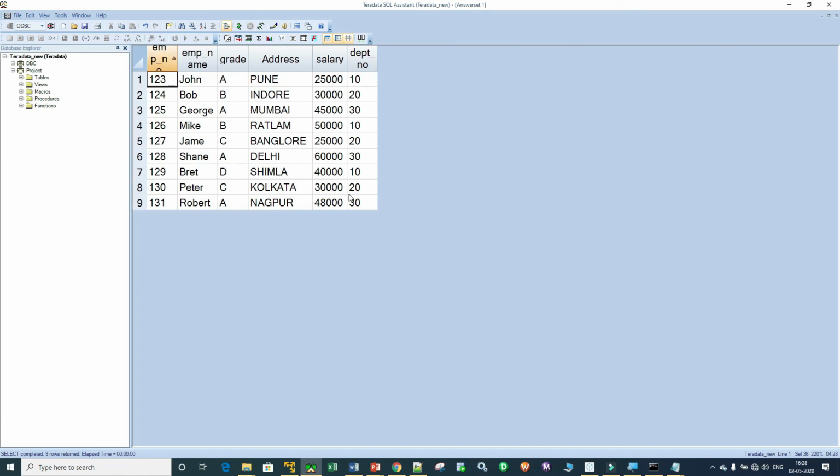Okay, so in that way you can load your data from your Excel file or from your Notepad file into your Teradata database tables using the fastload utility. There are multiple utilities available in Teradata as I explained, but today we have seen the fastload utility where you can load millions of records. The records we have loaded are just 9 records, but you can load millions of records into the database tables, and it is a very handy and very useful utility to be used in Teradata database. So I hope you understood the concept of the fastload utility, how you can load your data from an Excel file to a database table, or how you can load your data from a TXT file or a flat file to a database table.